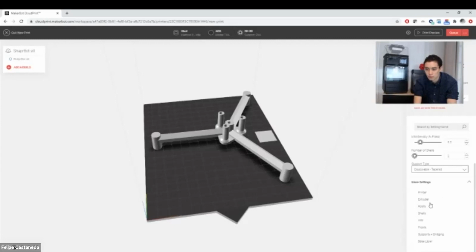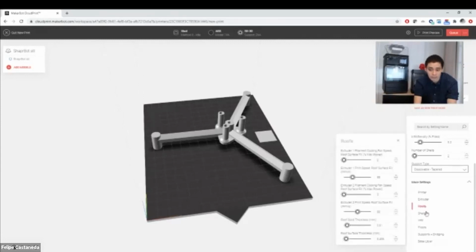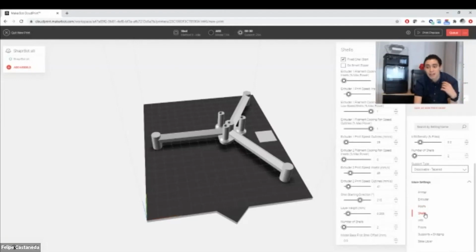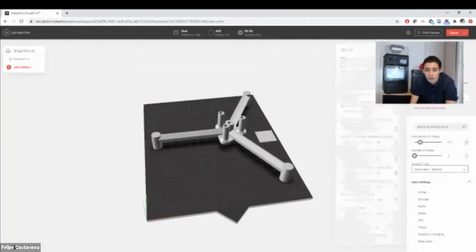So, you can go into quite a lot of detail here, selecting changes in the roof settings, changes in the number of shells, the speed of the shells, the different temperatures for the extruders, quite a lot of control there. Now, I would recommend, especially if you're just getting started with the printer, to stay within the defaults. Those have been thoroughly tested by our engineering teams and essentially work really well with the Method and with the material combinations that we offer.